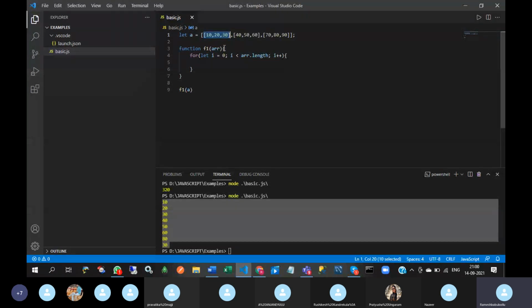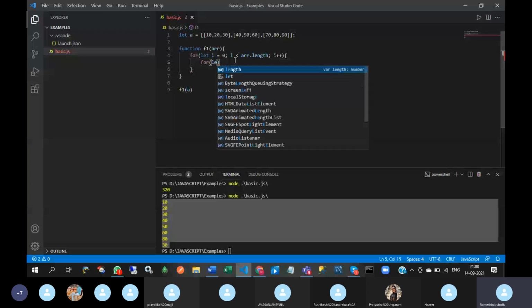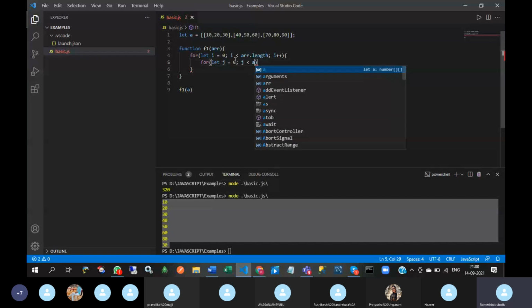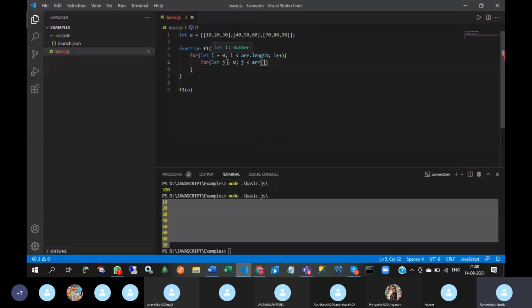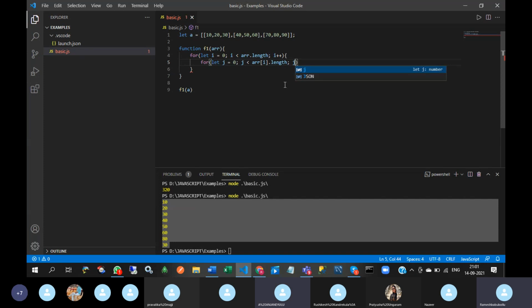Okay, this is another array, so I am going to use another for loop: let j equal to 0, j less than array of, which element? 0th element. 0th element means array of I dot length. We will do this type of task many more times.